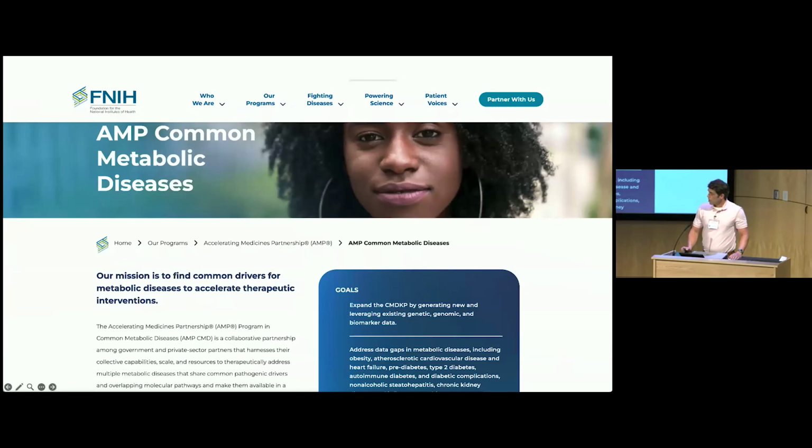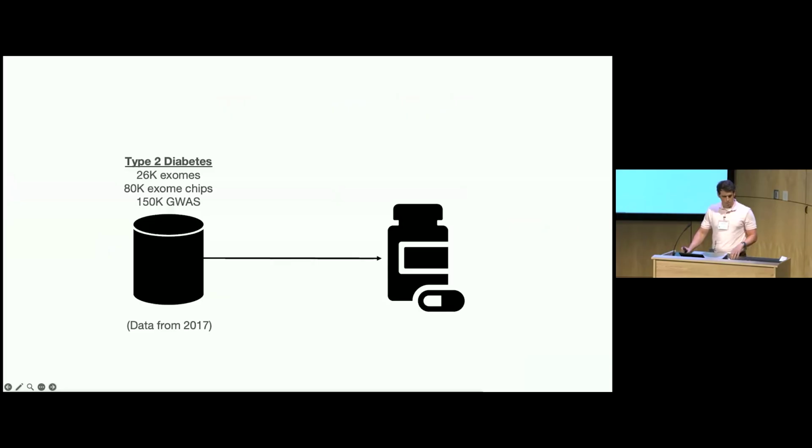But our work in this area goes back even further to the Accelerating Medicines Partnership, initially for type 2 diabetes and subsequently common metabolic diseases. This was a consortium of, I think, maybe 7 or 8 pharma partners over its course, with a bunch of academics, industry, and nonprofits as well. The goal was to make human genetic data more broadly accessible to catalyze drug discovery, primarily through prioritizing targets that had genetic support. And one of the first projects that we did as part of AMP-T2D was kind of